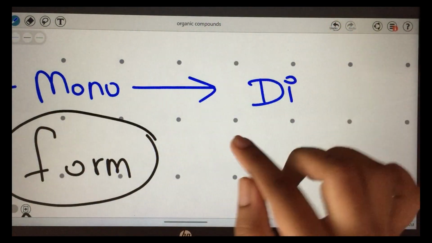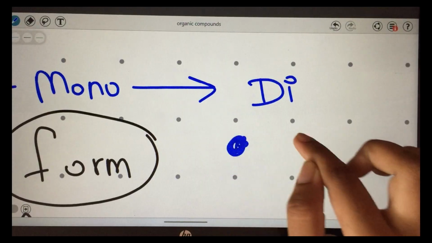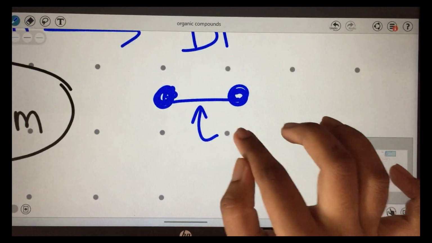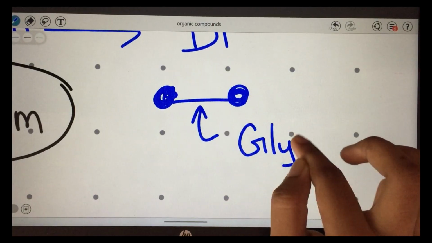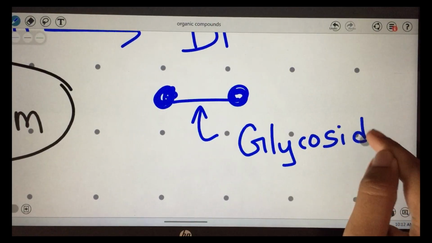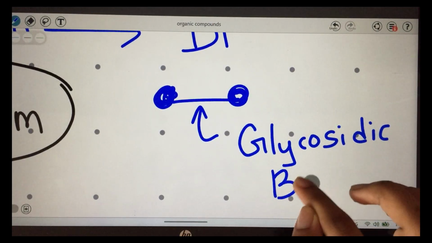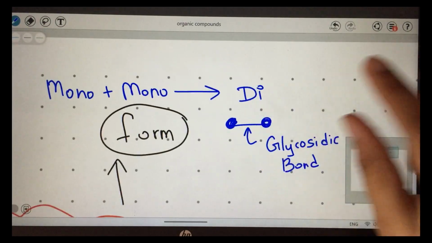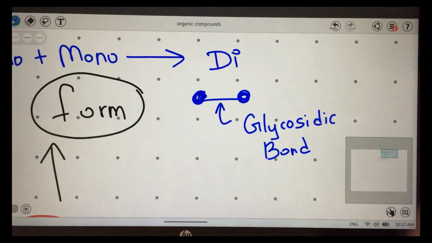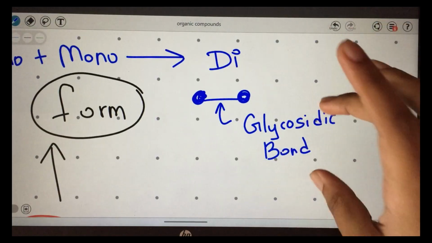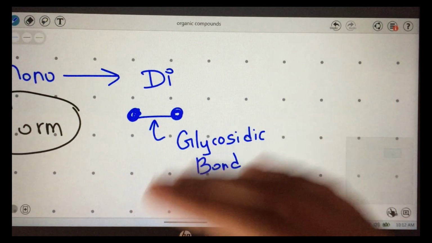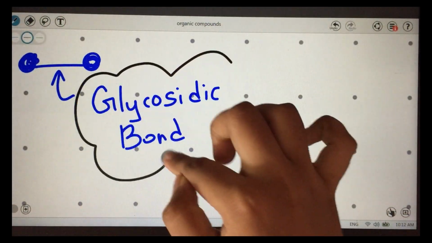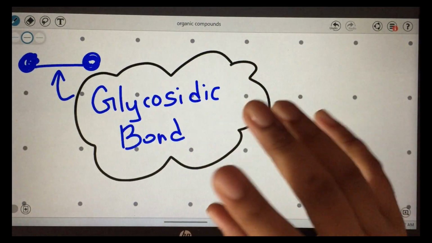Now there's a monosaccharide here, and there's another monosaccharide here. There's a bond between them. What is that bond called? That's called the glycosidic bond. These are new terms, so don't feel overwhelmed. Just remember there is a bond between these two monosaccharides, and you call that a glycosidic bond. For now that's enough. Next you have to know what this glycosidic bond is and how it's formed. That's another topic for us to properly elaborate on.